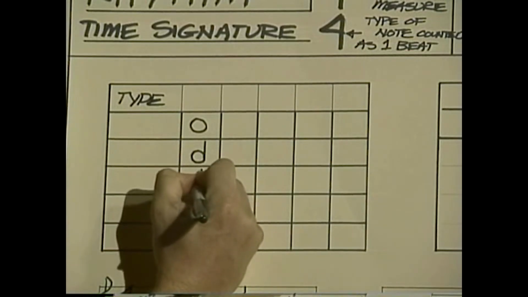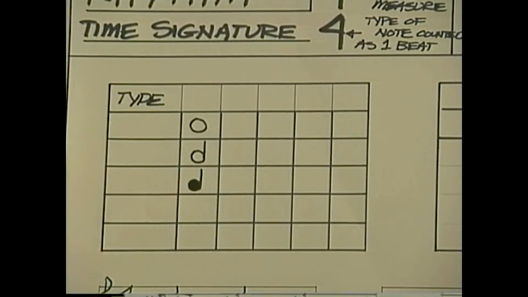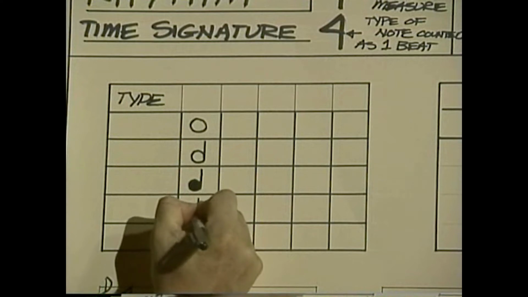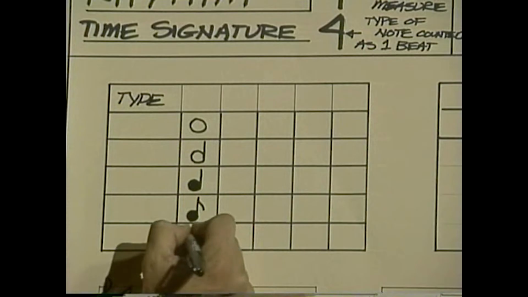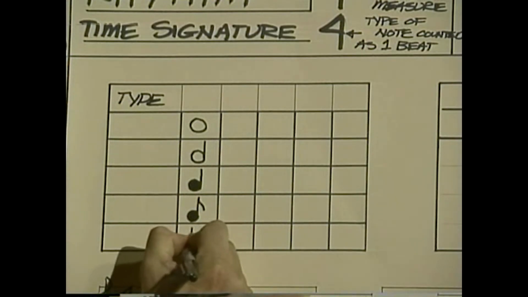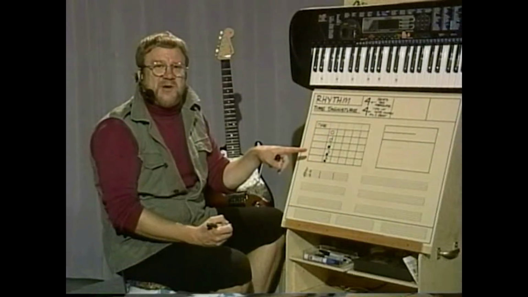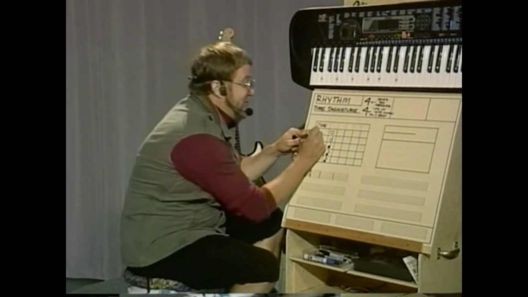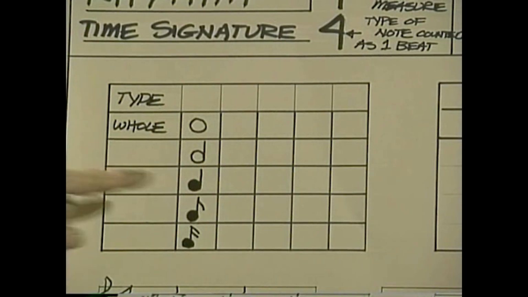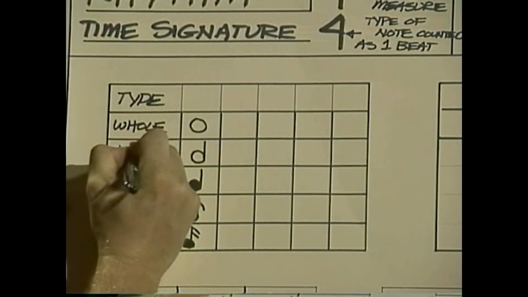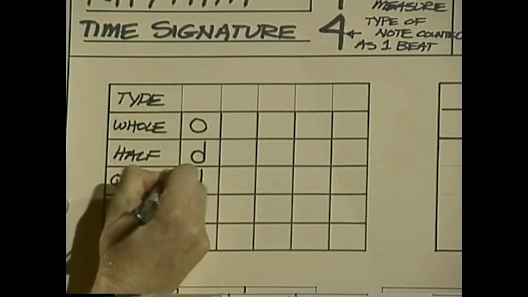Then there's a filled in note with a post on it, like that. Then there is a filled in note with a post on it and a little flag hanging off the post. And then finally, there is a note with a post that has two flags on it. Now, so you've had experience with these before, many of you. You might know that this open one is called a whole note, and the one with the post is called a half note, and the next one is called a quarter note,